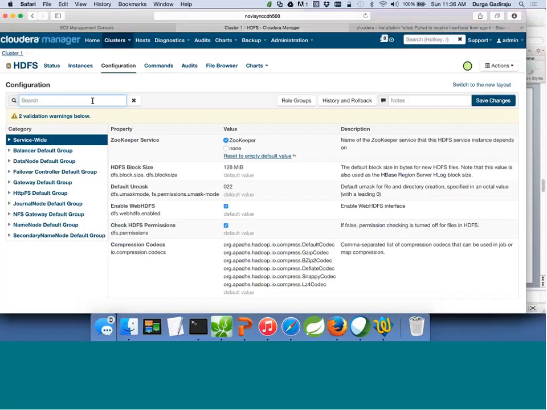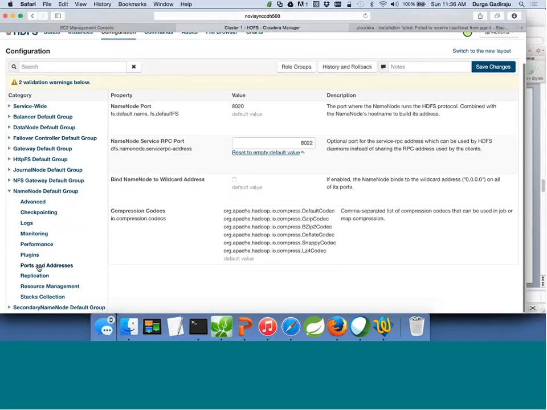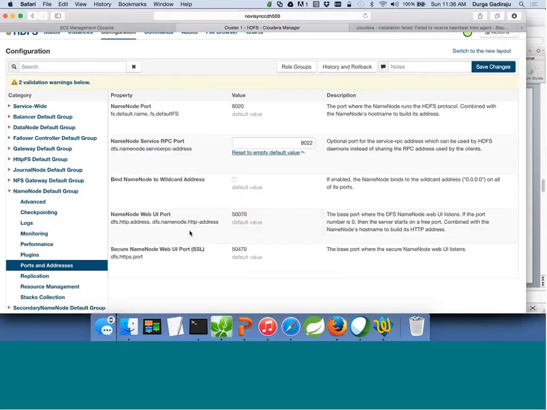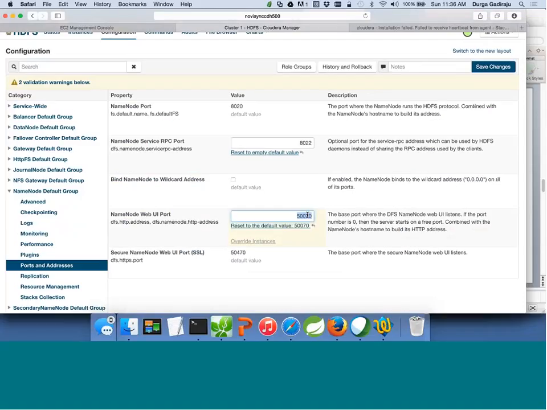Okay, let me see name node. Ports and addresses. For example, if you want to change your name node web UI port number, you can change it directly here without any issues. But sometimes, let me think about it. Yeah, as I have shown earlier,